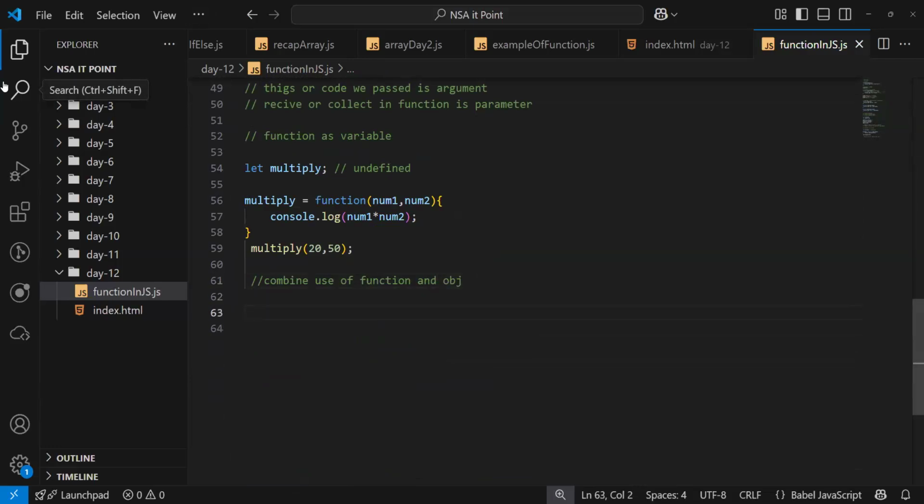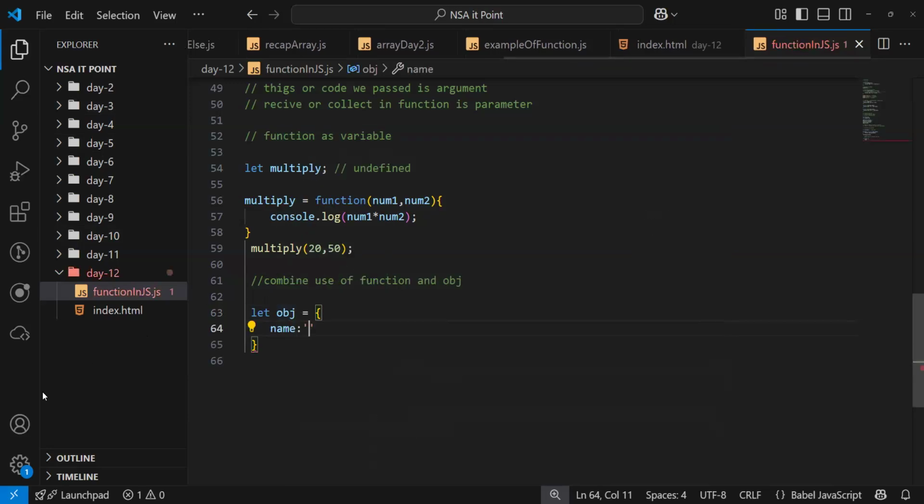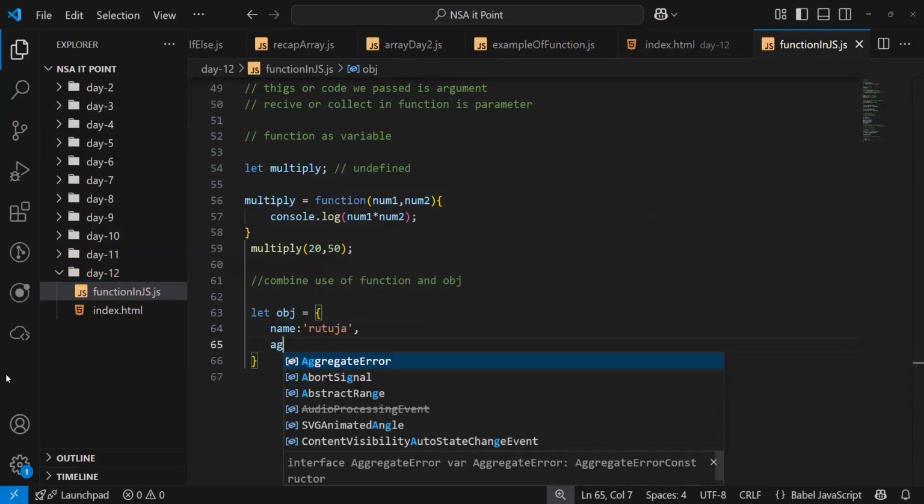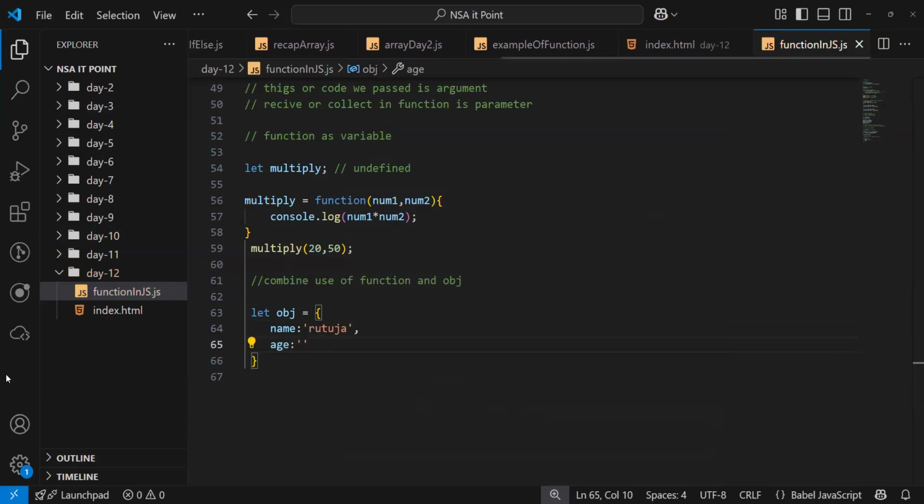Let obj equal to name, user, comma separated, age, let's say 25.